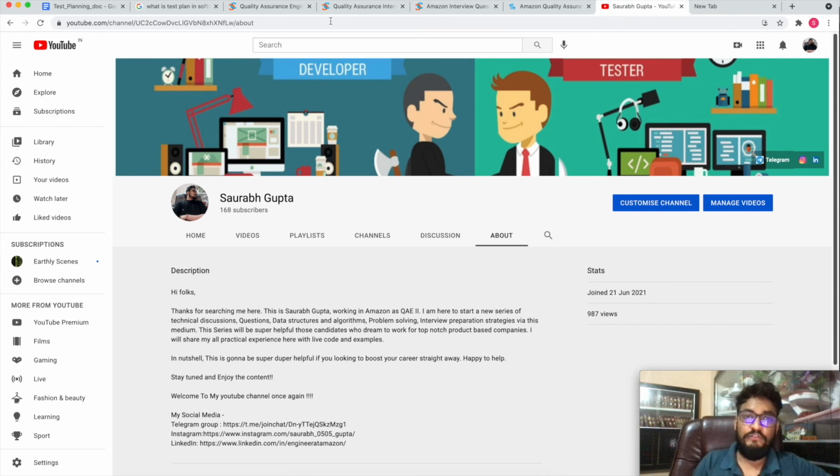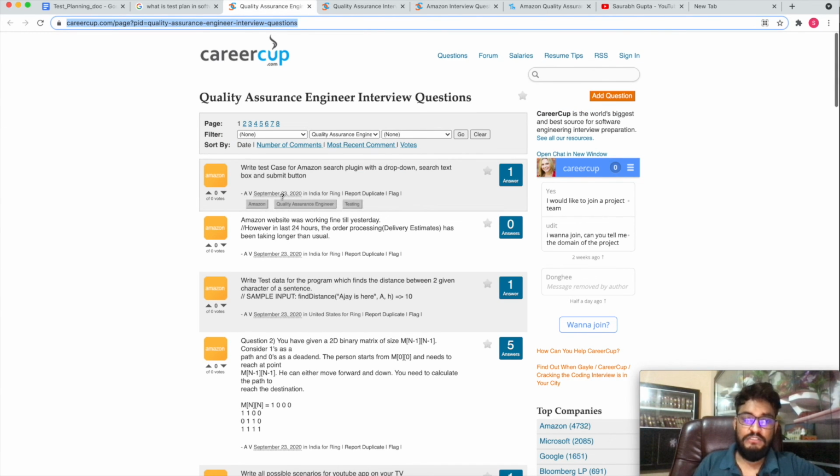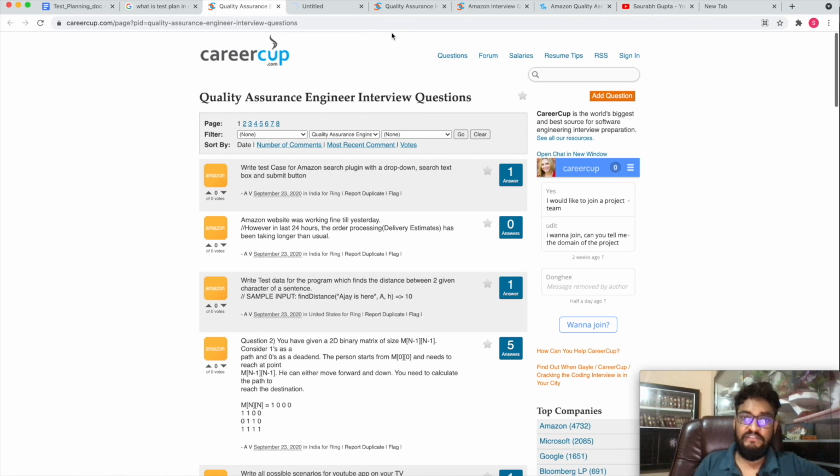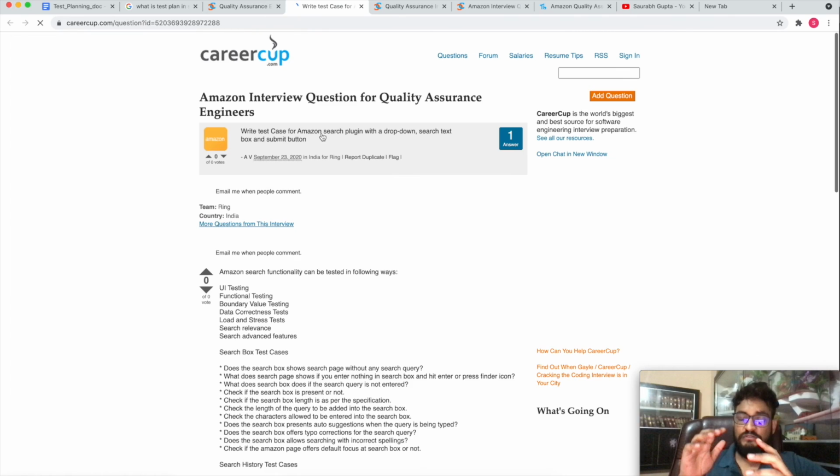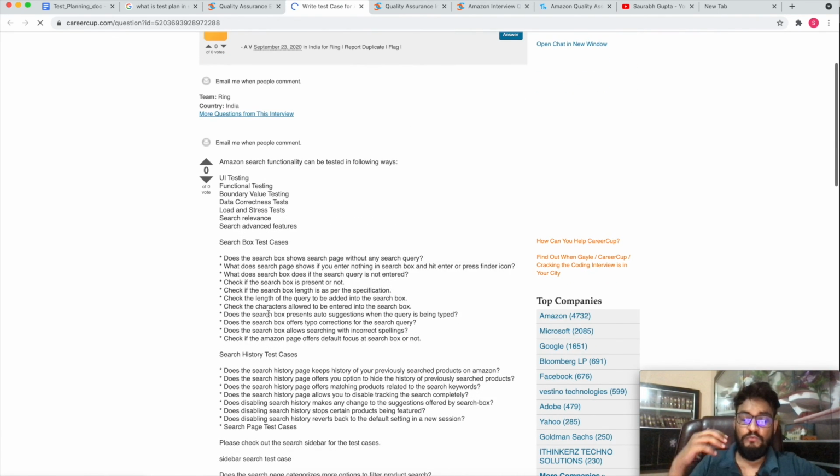For example, if I go to one link, it says write a test case for a search plugin drop down, search text, something like that. A lot of people have already answered this question, so if you're new, you can look at these answers and create your own thinking process on how these questions can be answered.